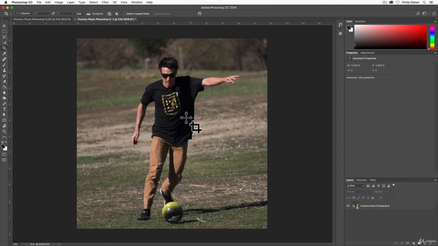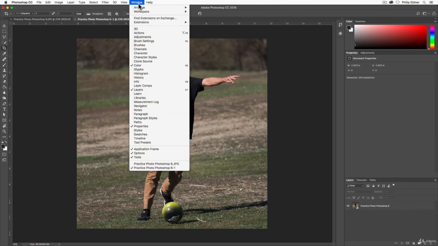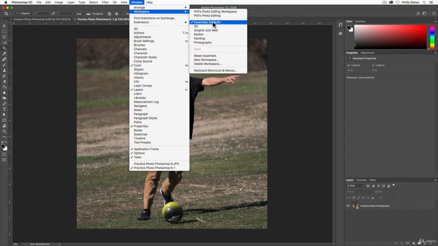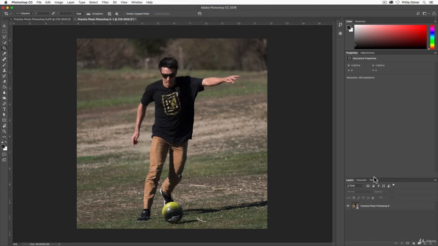Remember, if your Photoshop doesn't look quite like this, just go up to Window, Workspace, and then choose Essentials. While I'm there, I'm going to show you how to quickly rearrange the workspace a little bit by clicking and dragging these panels up or down to get more space. I'm not going to work too much with the color or the swatches in this lesson or in this course, but I do want to make sure that I work with this layers panel quite a bit. And that's pretty much it for now.